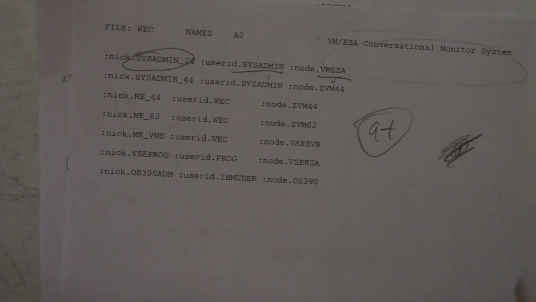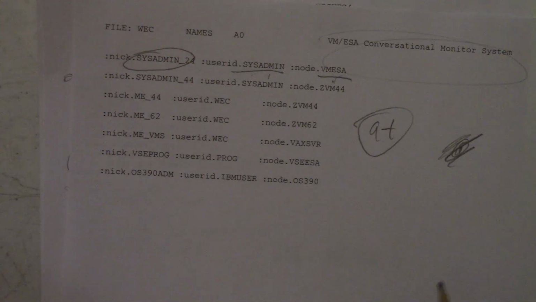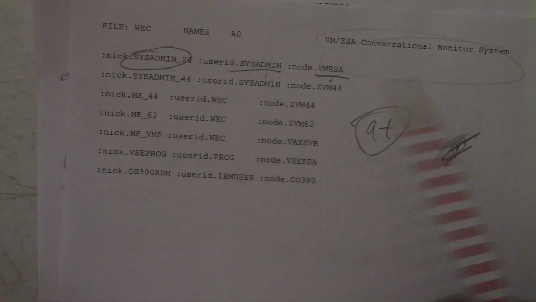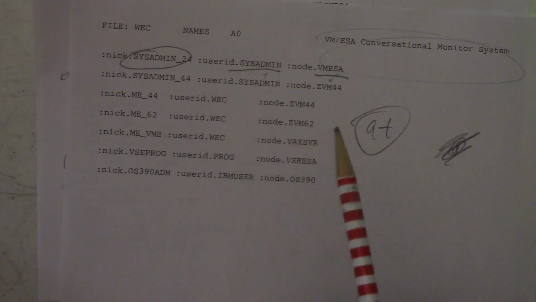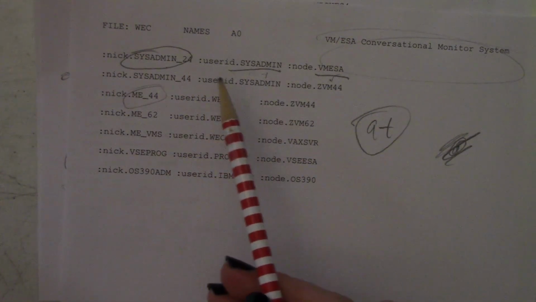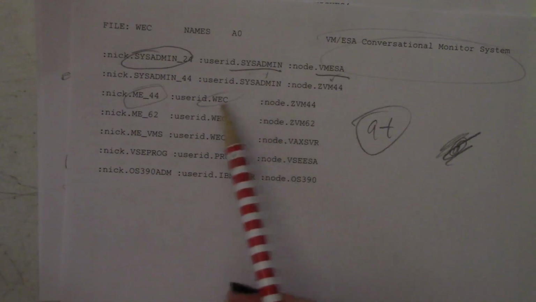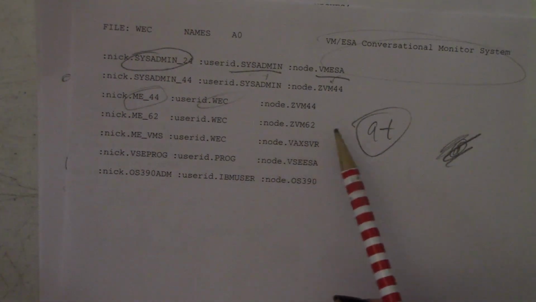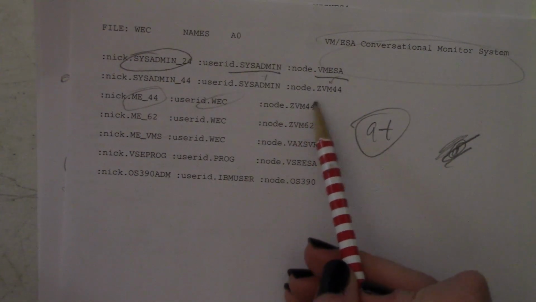That didn't exist. Not yet, at least. Well, it existed, but not on VM. If you had that, VM's going to start sending an SMTP email, which works, but we don't want to do that. And then here's me _44, and then this is my user ID. You probably already saw what the E stands for on that cover page,